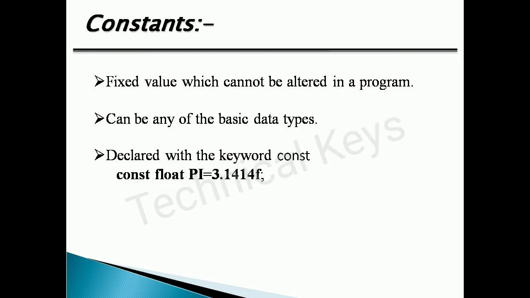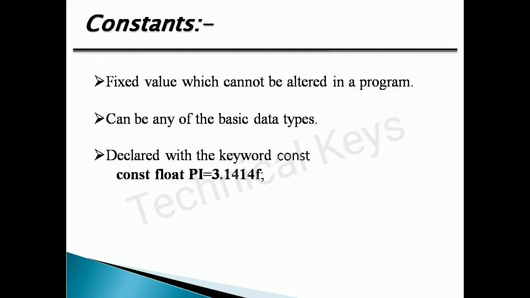A variable has certain values which can change, whereas a constant cannot change its value. If at any point in my program I declare a variable as a constant, the compiler is going to give me an error if I change that value. So how do we declare a constant? There is a certain syntax that we have to follow.